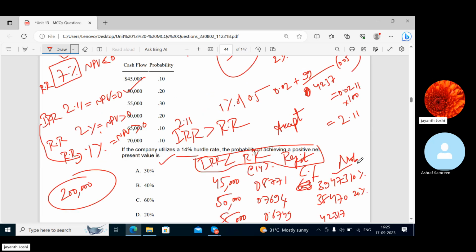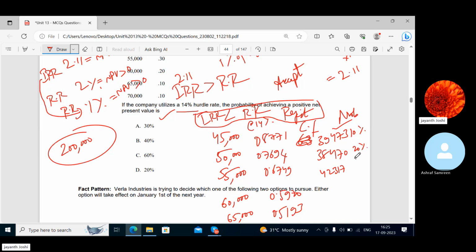Probability is 30%. 60,000 into 0.5920. 20%. So